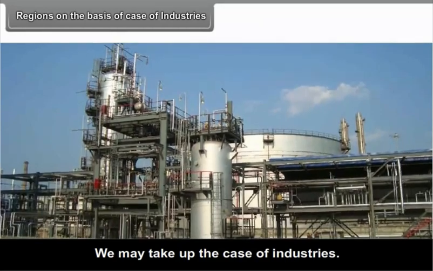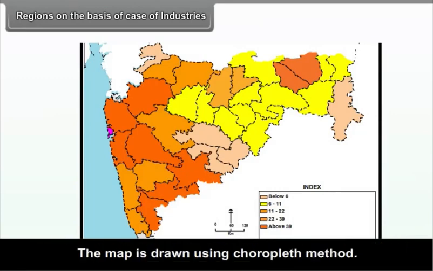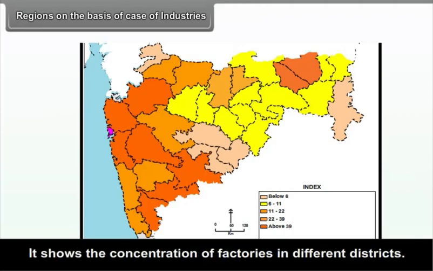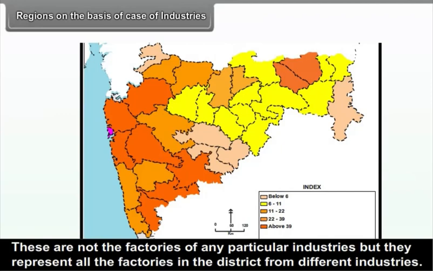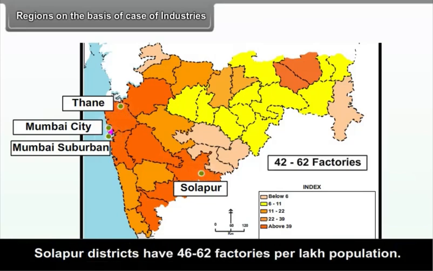We may take up the case of industries. In figure 1.6, a map showing the number of factories per lakh population in each district is shown. The map is drawn using the choropleth method. It shows the concentration of factories in different districts. These are not the factories of any particular industry, but they represent all the factories in the district from different industries. You will see that there is a concentration of factories in Mumbai city and suburban, Thane and Solapur districts